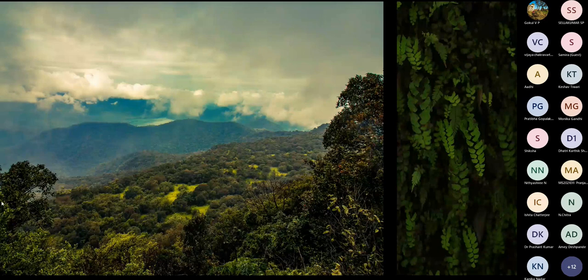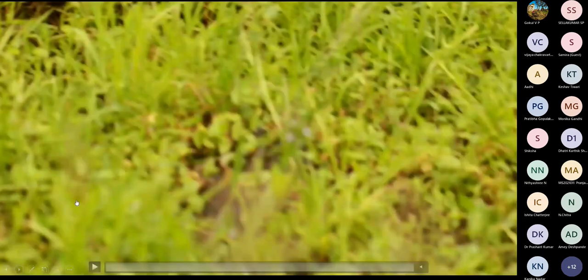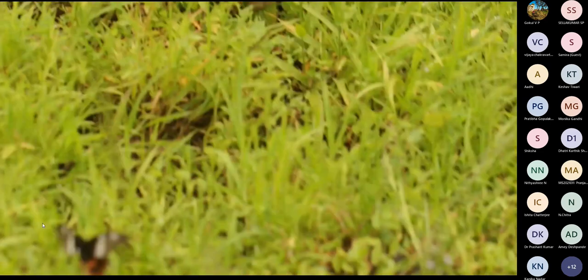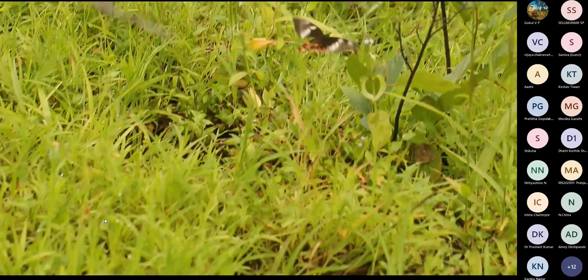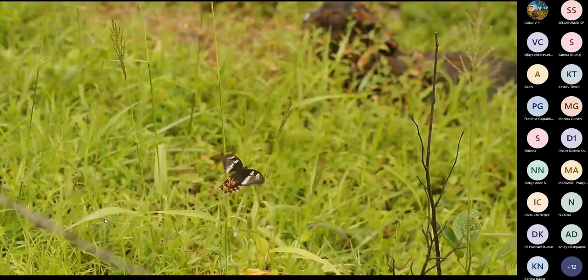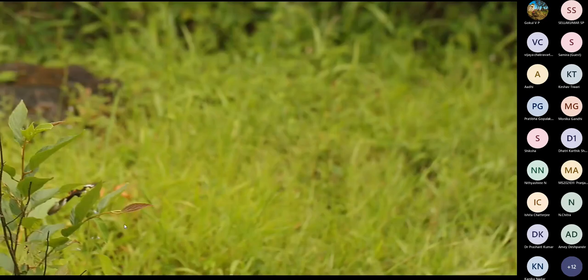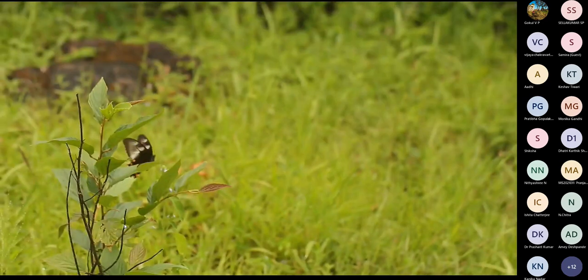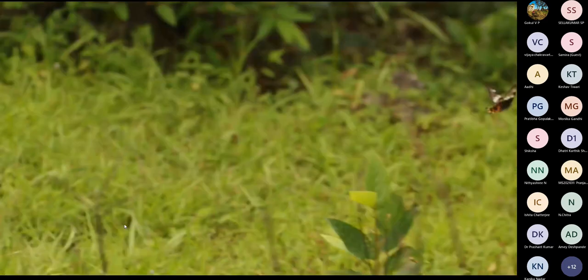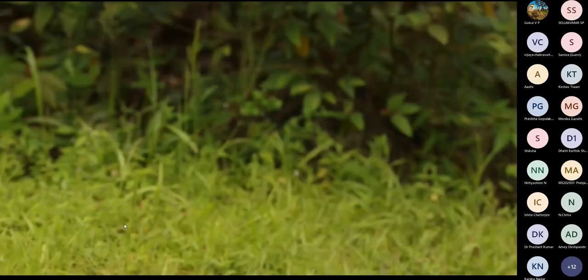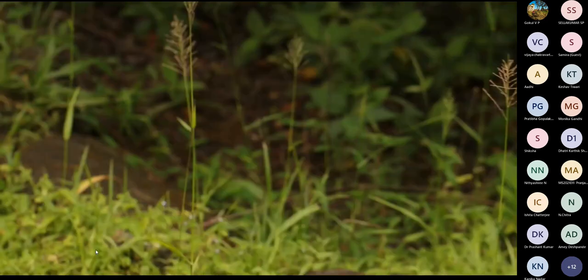So just to give you an idea of how a day in the field would look, we would begin by following a butterfly in these grassland and forest complexes in the Western Ghats and record their behavior. For example, if you see this butterfly, it is feeding on the nectar from the flowers. So we would record this behavior and collect data every 30 seconds on how it's feeding, where it's feeding, and how long or far it's flying off from where we started the follow.